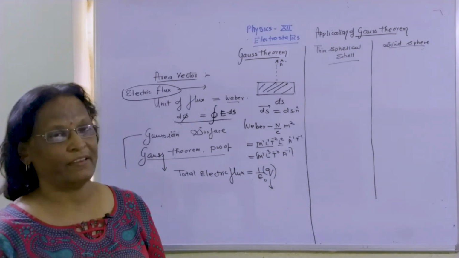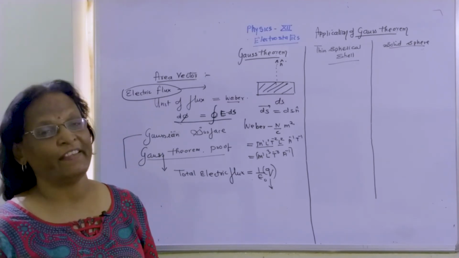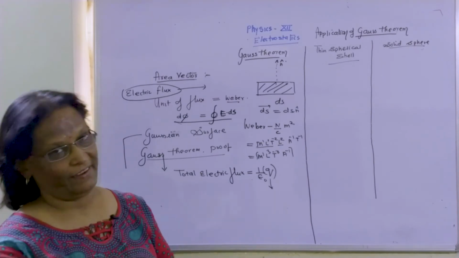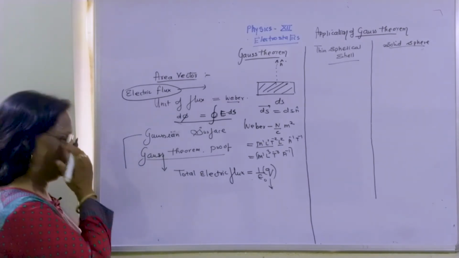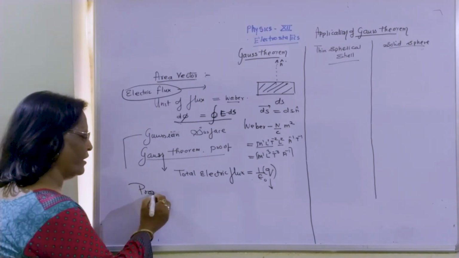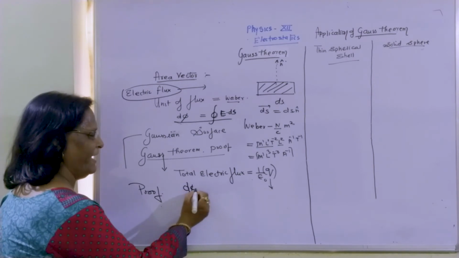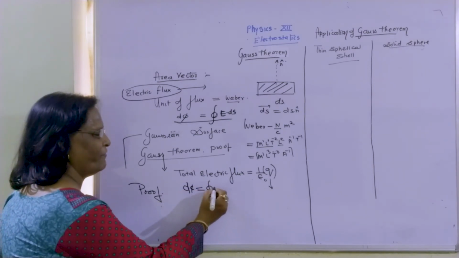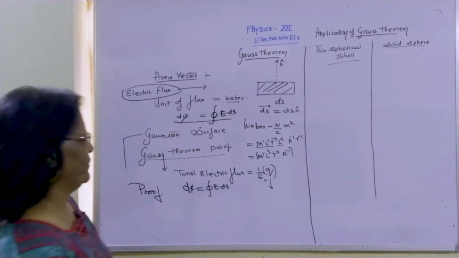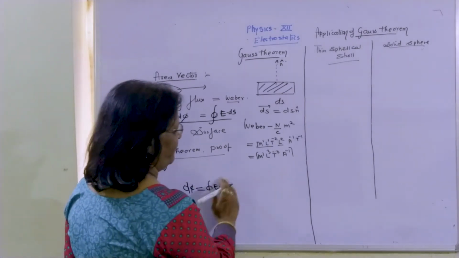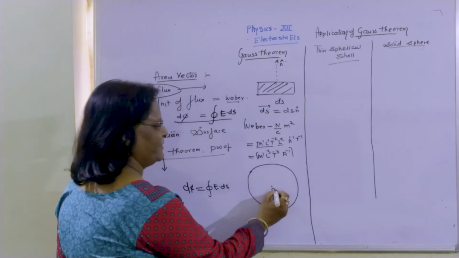It is not necessary that electric field has to be constant there, but it should be increasing in uniform manner, decreasing in uniform manner. So how we can prove that? So this proof for Gauss theorem, now you see we are having d phi equals to line integral of E dot ds. This Gauss theorem, when we are dealing, it will be for a point charge,